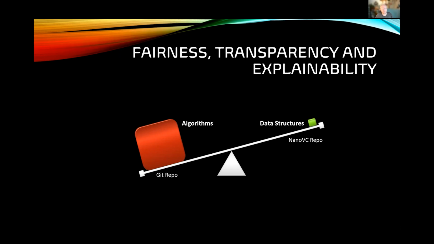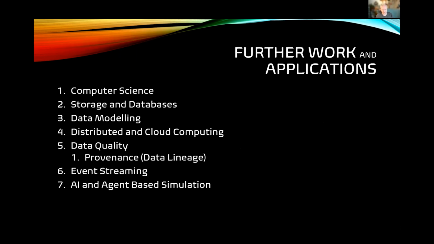There are a couple of areas where we already have some interesting results, and these are the specific areas that I'm continuing to explore for my PhD. I mentioned the applicability to computer science as a data structure. The significance of this could be that there's possibly a new chapter in the computer science textbooks where students are learning the repository, a data structure designed for tracking history and changes, as a fundamental data structure.